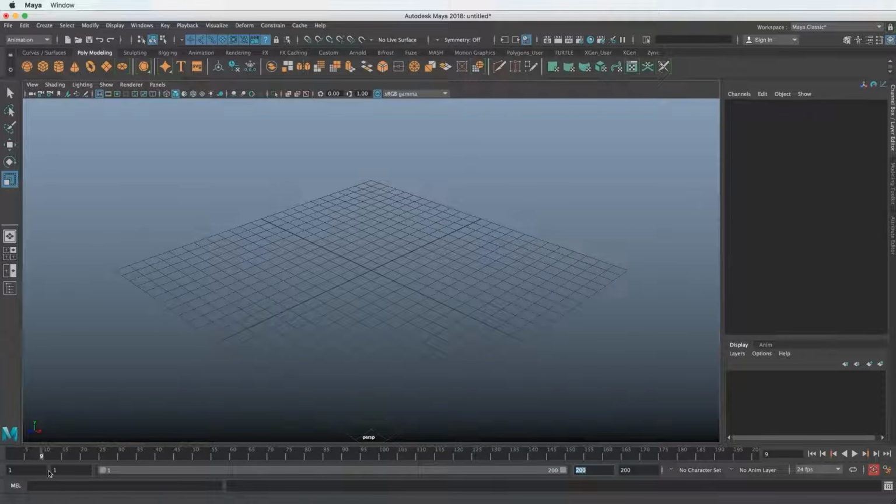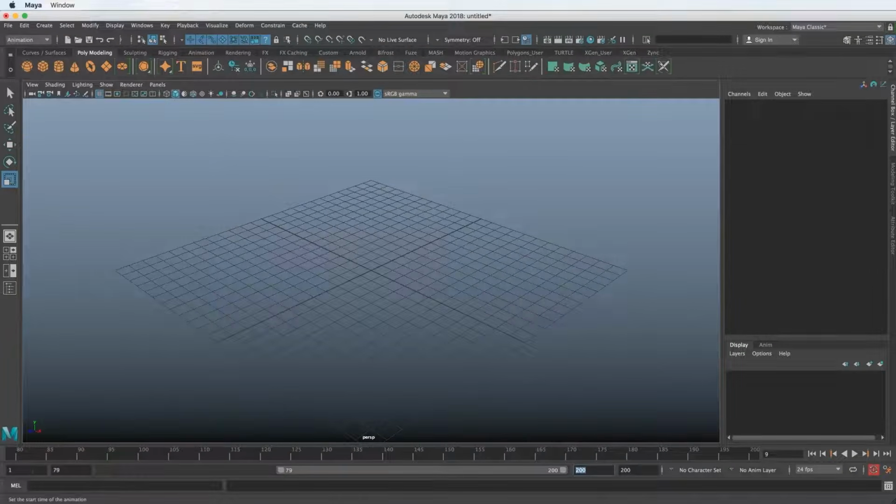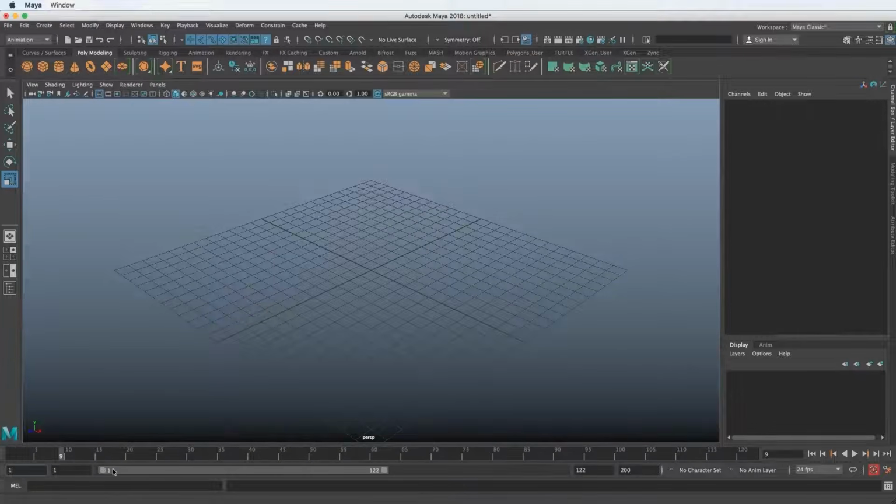And these two numbers actually just mean the in and out points of what we're looking at versus the whole scene, right? So you can see we can adjust this and slide this around, but it doesn't change the first number. And that's why that's the absolute values of the in and out of the scene. But we can temporarily change that scale so we can see a smaller scale of the timeline. So it's easier to scrub a smaller section if it's a very big shot or something like that.